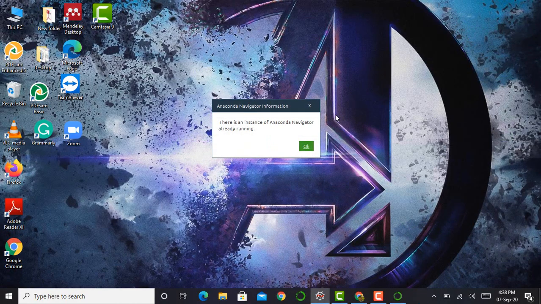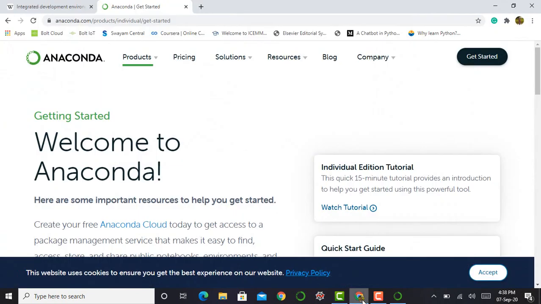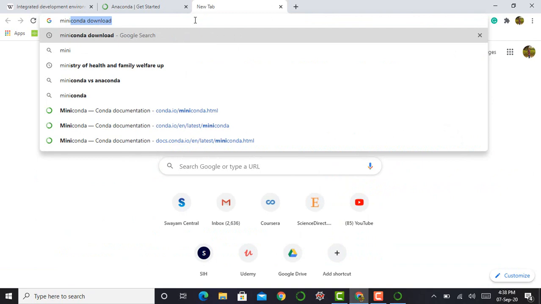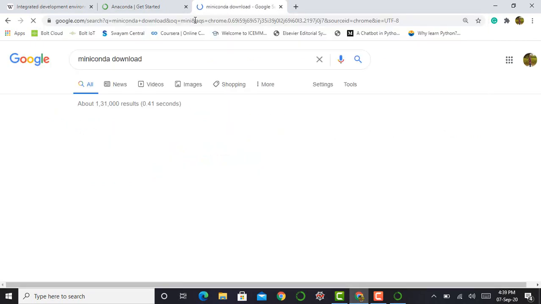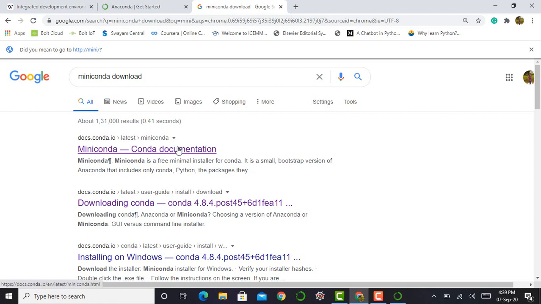You observe one thing: the Anaconda package takes around 500 MB of memory. There is another package Anaconda provides, known as Miniconda. Miniconda has less memory compared to the whole Anaconda package. To download, just Google it, such as Miniconda download, and you get the first link to the Miniconda documentation.